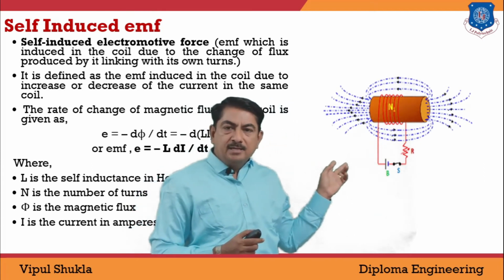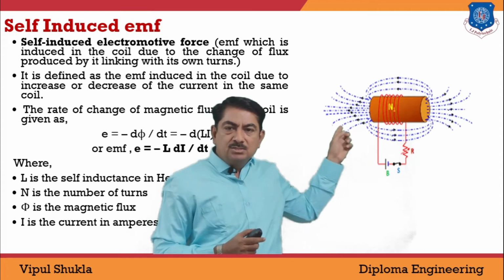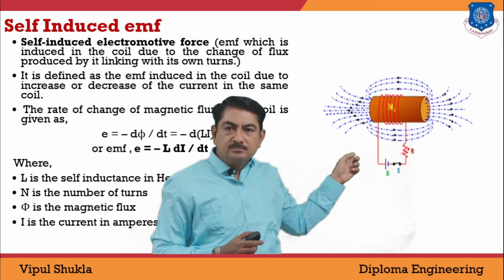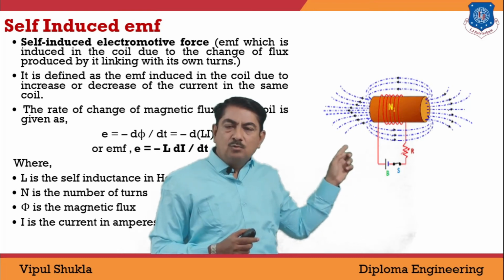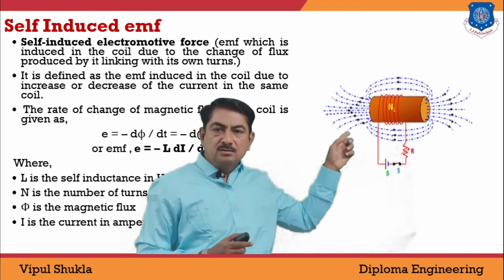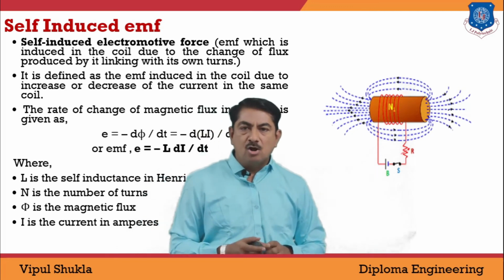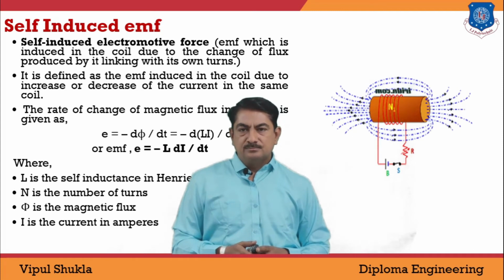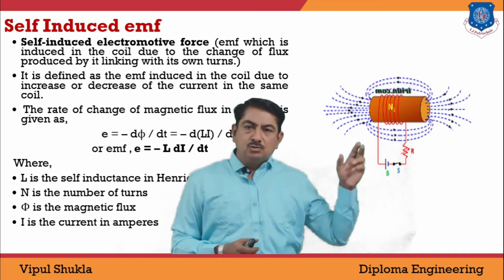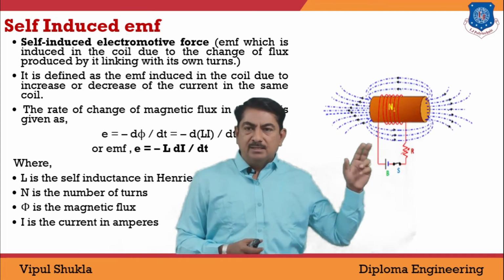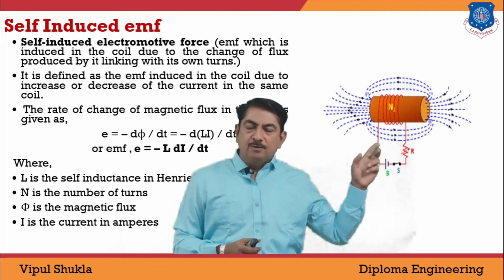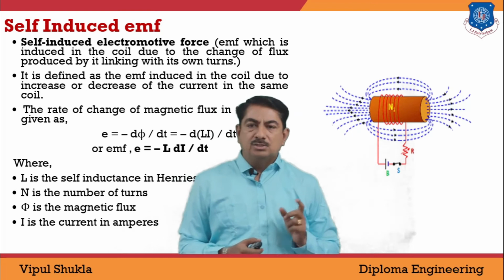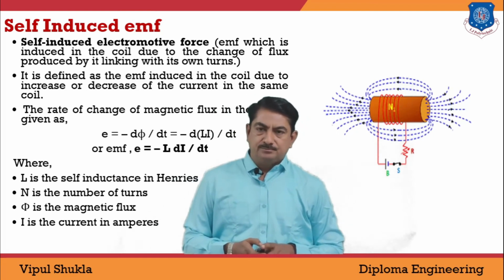Look at this diagram. This orange color shows the solenoid connected with the battery. When current is allowed to pass through these windings of the wire or coil, it will produce a magnetic field. As a result, we get two poles of the magnet, a south pole and a north pole, and from the north pole to the south pole we get magnetic field lines.